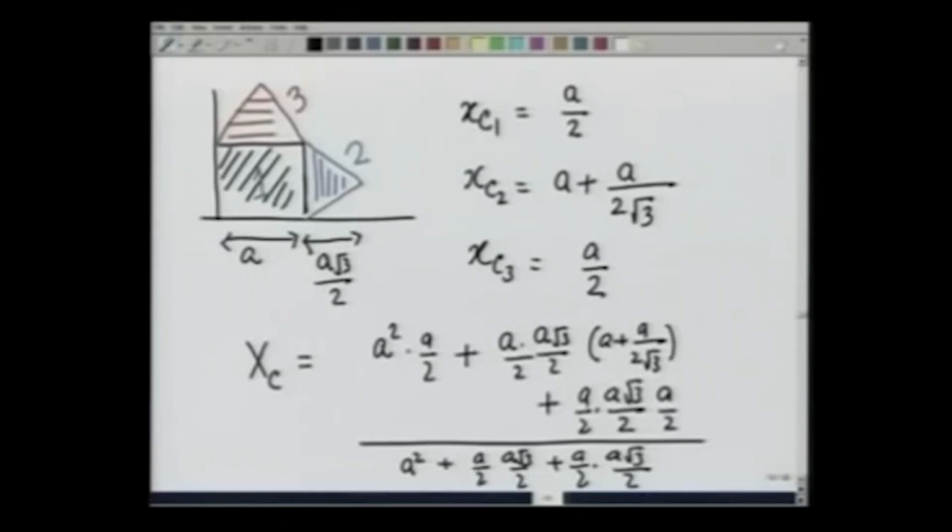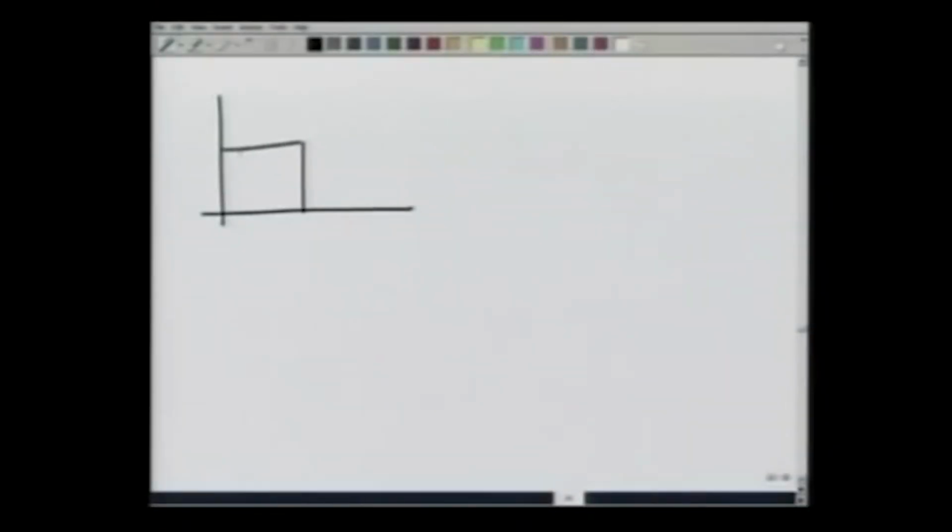And you calculate this comes out to be about 0.594 times A. By symmetry, YC would also come out to be the same, and therefore, for this assembly where I have a square of side A, and an equilateral triangle on top and on the side,